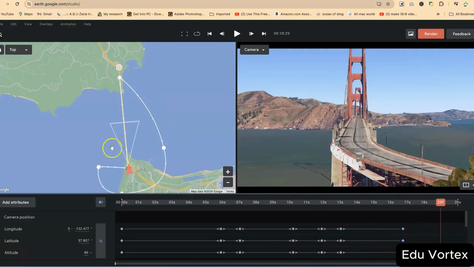So perfect. This is what we have created in the beginning. So what we need to do now is to render and export it. And to render and export any animation that you've created, you can come to render over here at the top right. You can click on render,